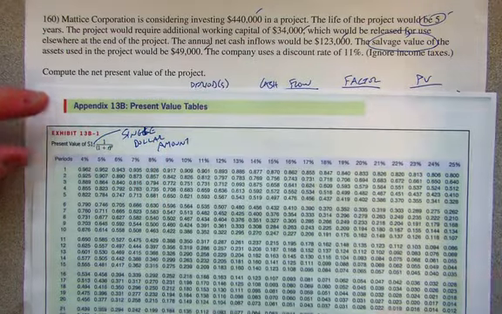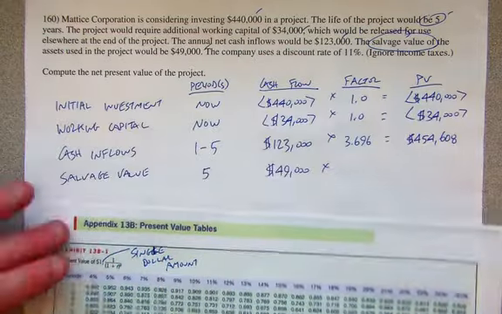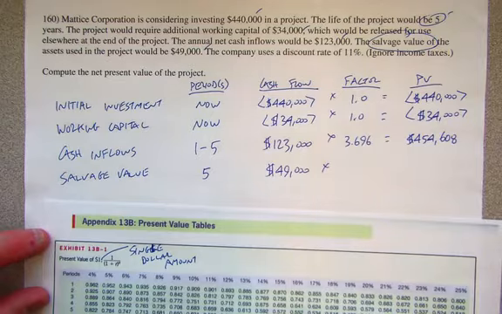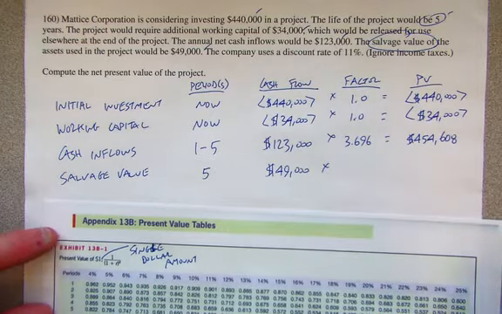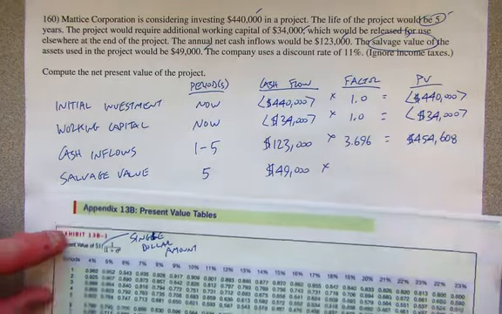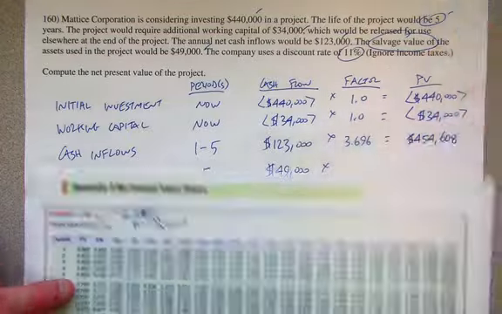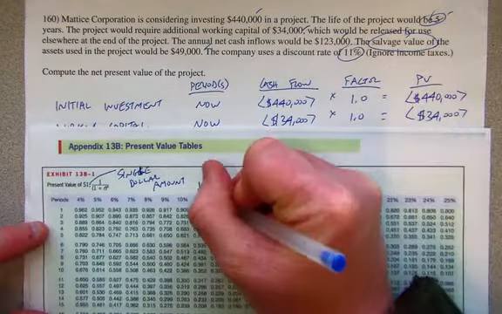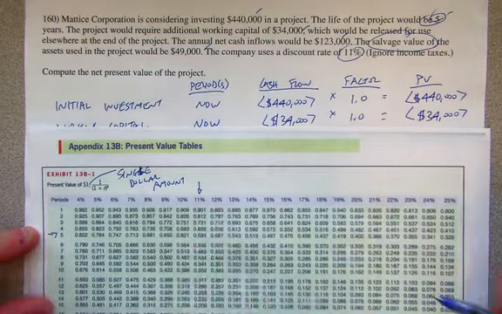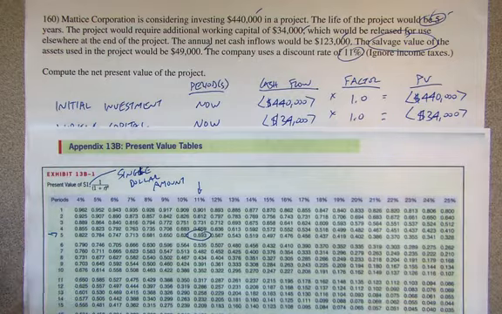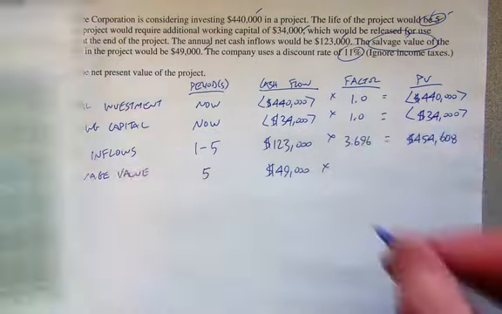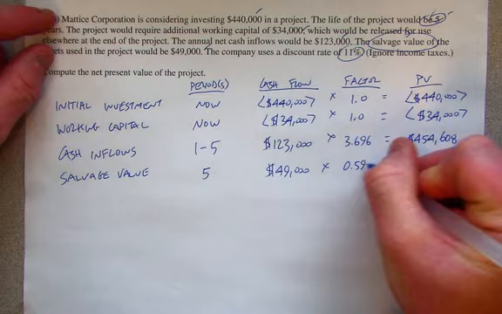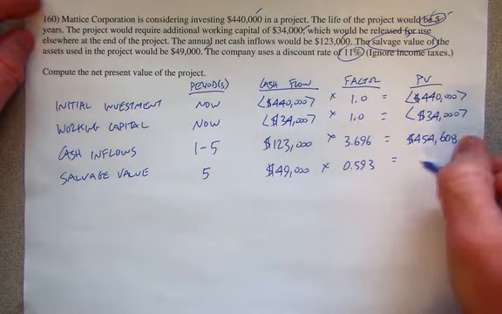This is not the annuity. This $49,000 is not an amount of cash that we're going to get year after year. It's just a single cash flow. So we still use the 11% and the 5 years. We're going to be looking at 11% over 5 years, and we obtain the present value factor 0.593. Let's plug that in here, multiply, and we get a present value